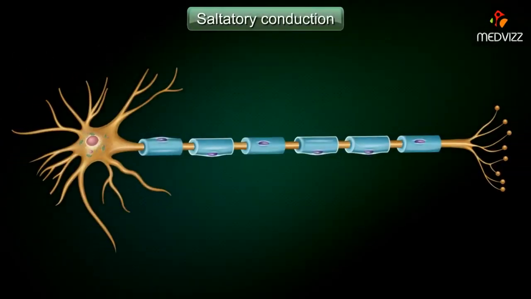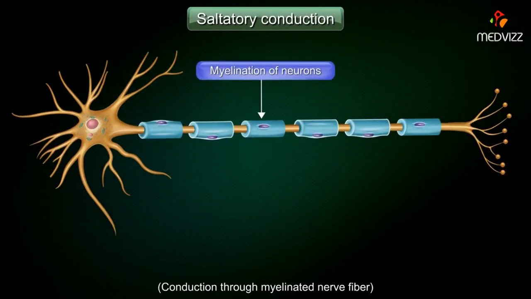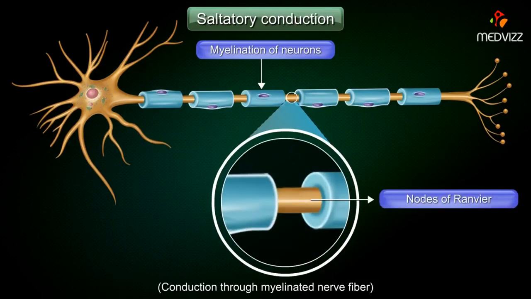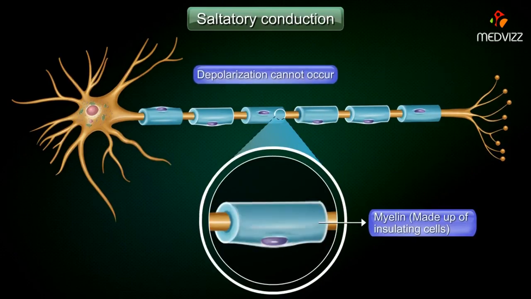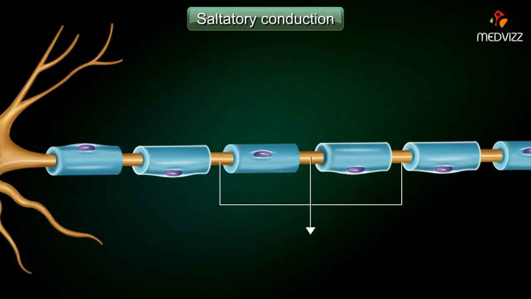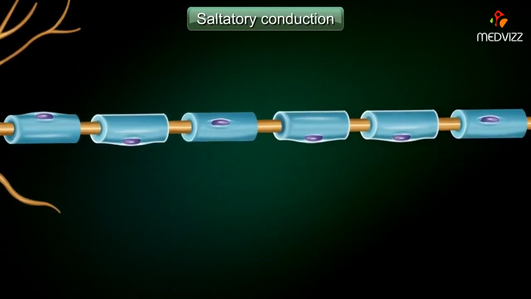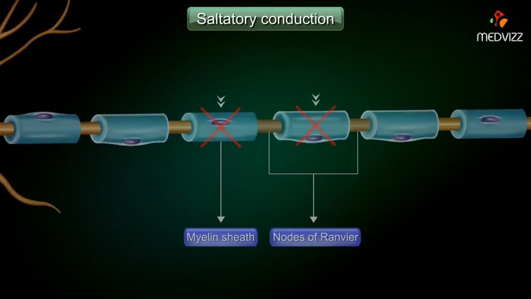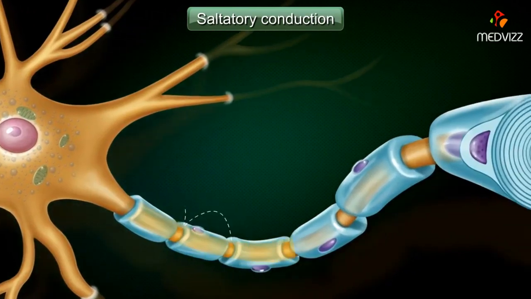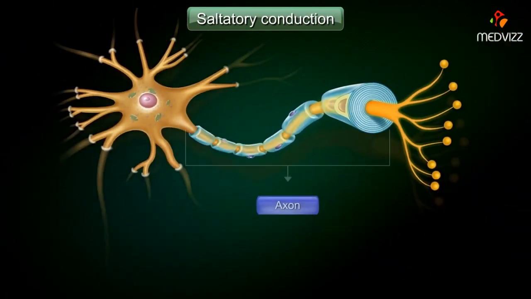Saltatory conduction: conduction through myelinated nerve fiber. Due to the myelination of neurons, action potentials may only occur at the nodes of Ranvier. Myelin is made up of insulating cells, which means depolarization cannot occur in myelinated regions. Between these cells, however, there are gaps known as nodes of Ranvier which are unmyelinated. As depolarization cannot occur at the cells making up the myelin sheath, the wave of depolarization can only occur at the nodes of Ranvier. Thus, action potentials appear to jump from node to node when traveling down an axon,